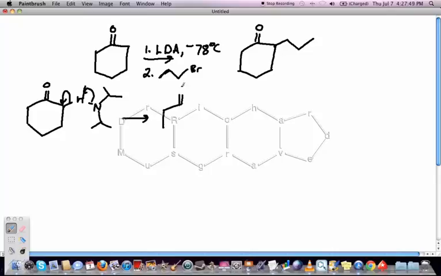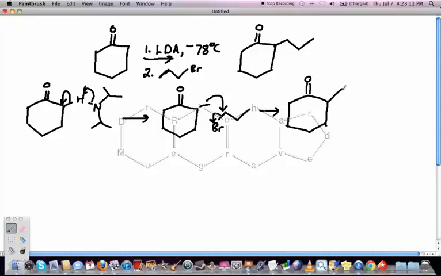We'll get a negative charge on the C. And a negative charge then will come in and attack the alkyl halide like this. And then we will end up getting our